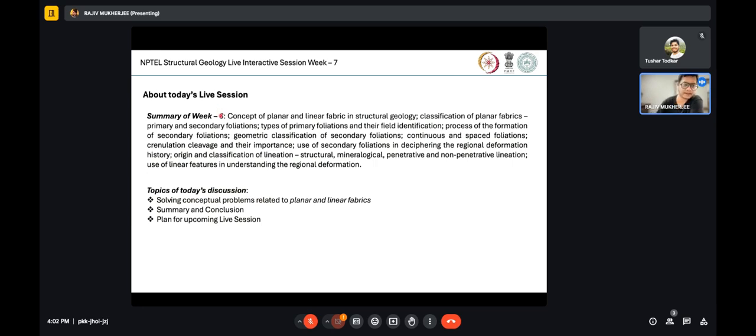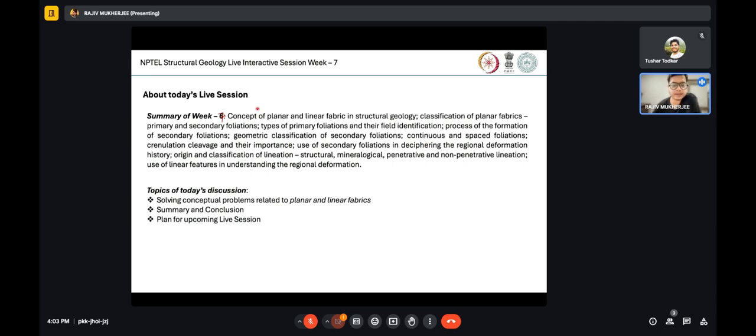So about week 7's content. In week 7, we mostly learned about the concept of planar and linear fabric in structural geology. Classification of planar fabrics, primarily primary and secondary foliations, types of primary foliations and their field identification, process of the formation of secondary foliation, geometric classification of secondary foliations, and then we talked about continuous and spaced foliation, including crenulation